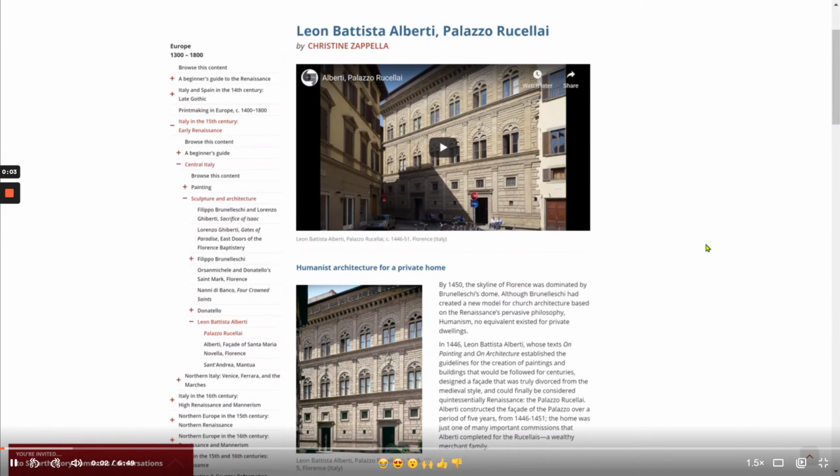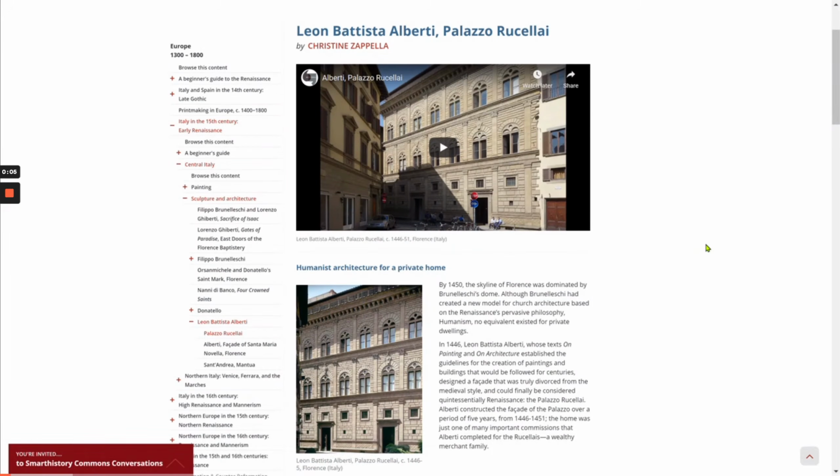This is Dr. Christine Zappella's essay on Leon Battista Alberti's Palazzo Rucellai in Florence. By 1450, the skyline of Florence was dominated by Brunelleschi's dome. Although Brunelleschi had created a new model for church architecture based on the Renaissance's pervasive philosophy humanism, no equivalent existed